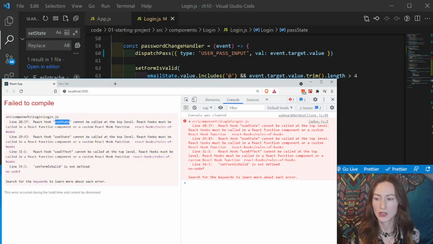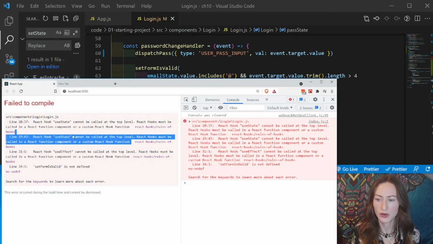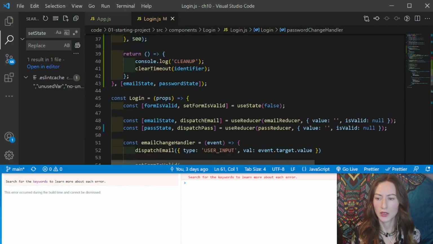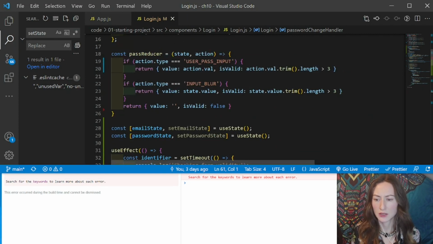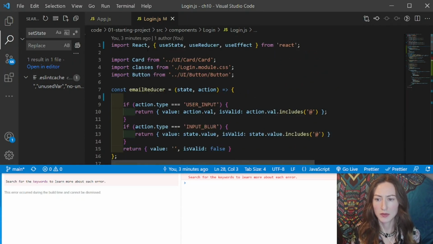But we can have a look at these issues, and just solve these ones. So the login.js on line 28 and 29, the useState cannot be called at the top level. React hooks must be called in a React function component or a custom React hook function. So on lines 28 and 29, let's go and have a look. So I've put these in the wrong place, guys, right? So what I think is the problem is, yes,